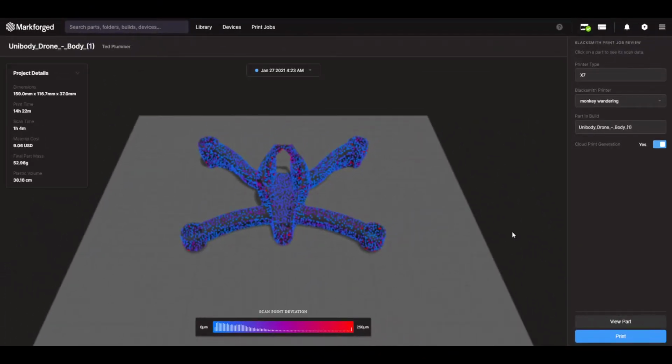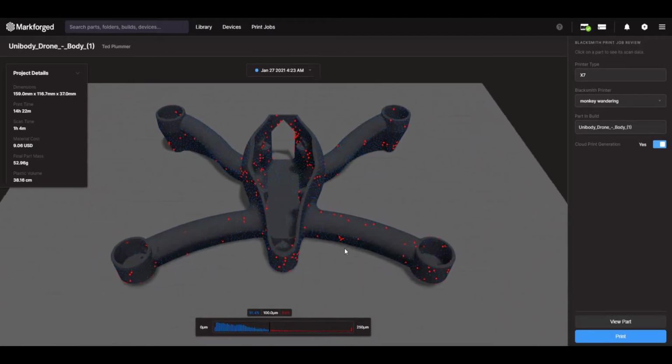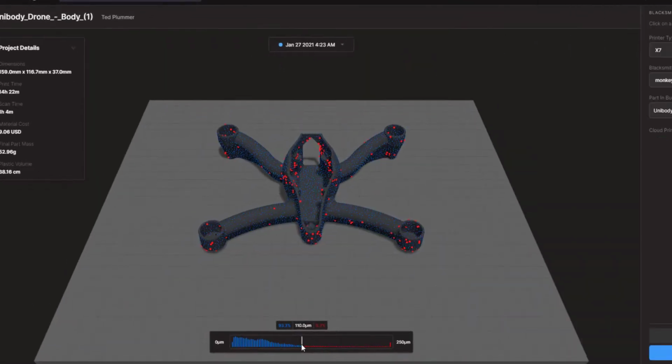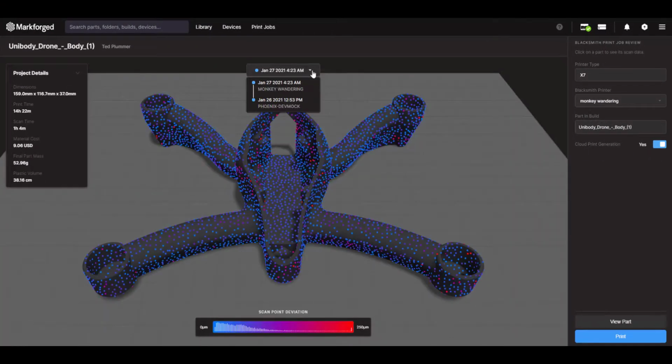You can choose what tolerance is important by using the inspection bar at the bottom of the screen. Notice how the scan point deviation model changes based on the parameters you set on the inspection bar. View previous scans of the same part by clicking the drop-down menu above the scan point deviation model and selecting past print